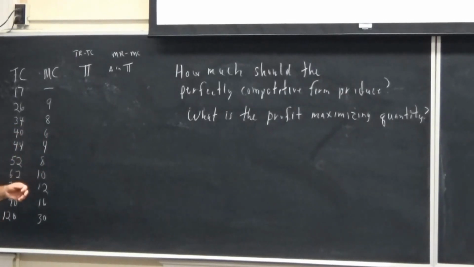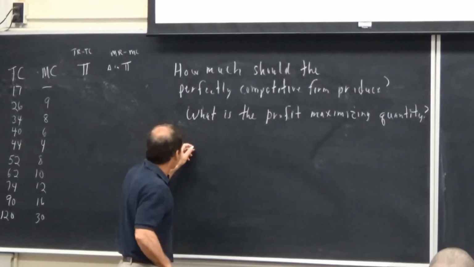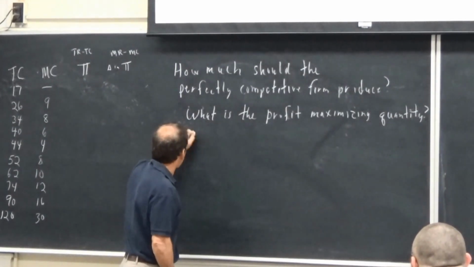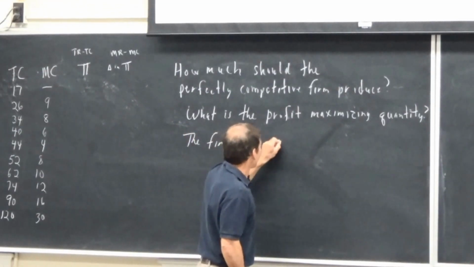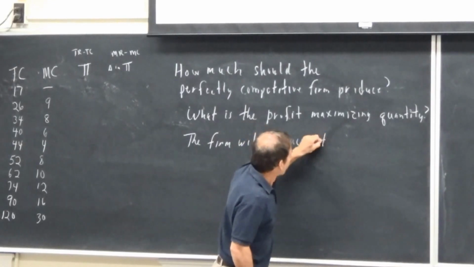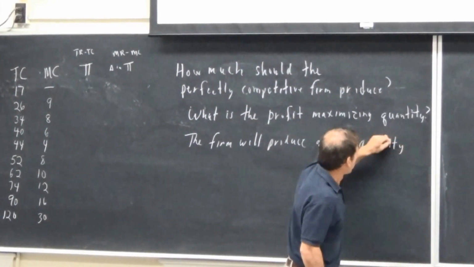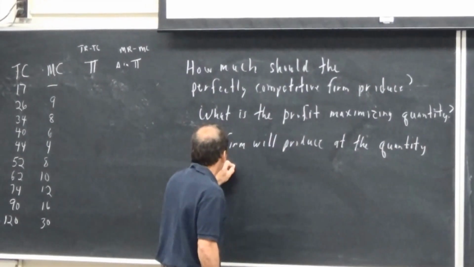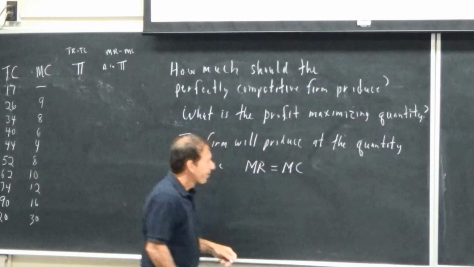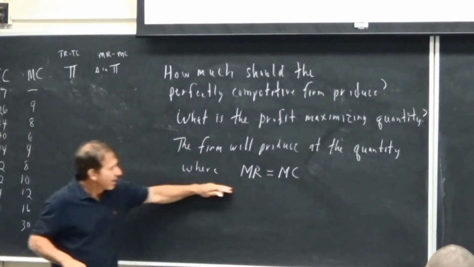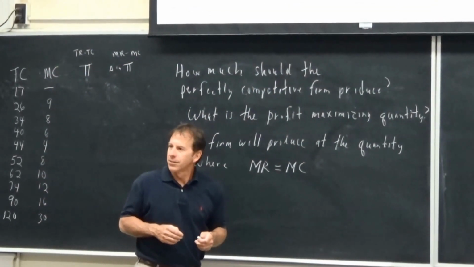So the answer to this question, how much they should produce, is real simple. The company will produce at the quantity where marginal revenue is equal to marginal cost. That's the key. Okay, so the marginal revenue, remember from before, the marginal revenue is the